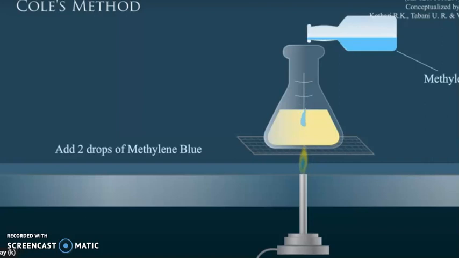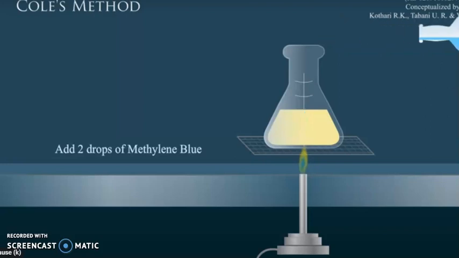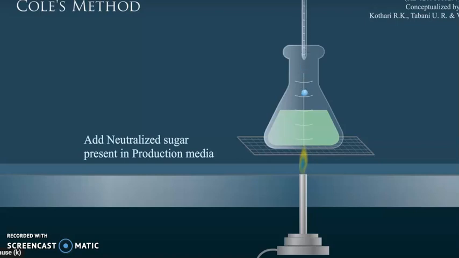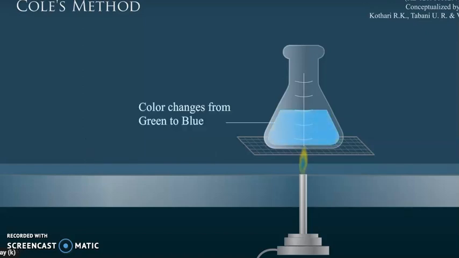So this whole titration we are performing under the hot condition. By creating the basic alkaline condition, we add the indicator, then we heat this solution, and under this hot condition we are titrating with our milk sample which contains the sugar. So the color will change from green to blue, and then the blue color turns into colorless. So that is the color change in this Colles ferricyanide method.